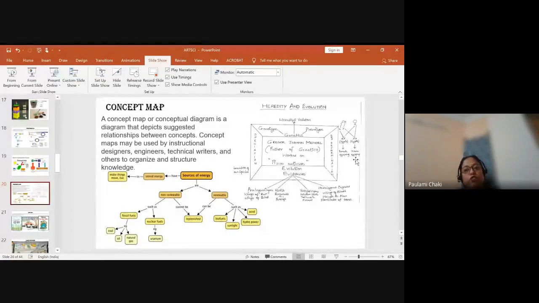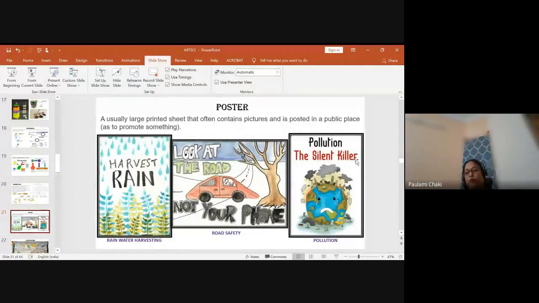And always when you are using it, please do refer to your students who have done that work. They will feel good. And one more thing, MS Photo Story can help you out here. You can take all the beautiful concept maps, put it into a video format and put it on YouTube, share the link with your students and their parents so that they can also see how their children are doing. So see, art is something which makes you also involved, your children also involved, and both become passionate day by day. Then comes poster making.